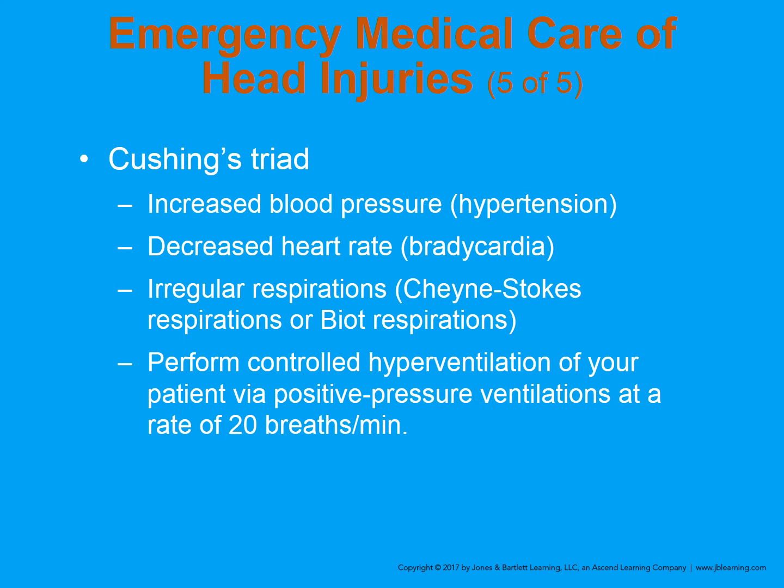Then we get into Cushing's triad. I like to think of this as kind of the reverse of shock, compensated shock as far as your blood pressure and your heart rate. So in shock, we see essentially the blood pressure will stay the same, and they become tachycardic, and then we'll start to see that blood pressure drop. In Cushing's triad, we have hypertension and bradycardia, high blood pressure, low heart rate, and then we'll have that irregular respirations,